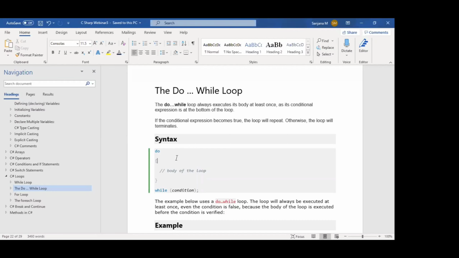If the condition is true, then it repeats one more time, until the condition fails. If the condition becomes false, then it stops the execution. So that is the difference between the while and do while loop.